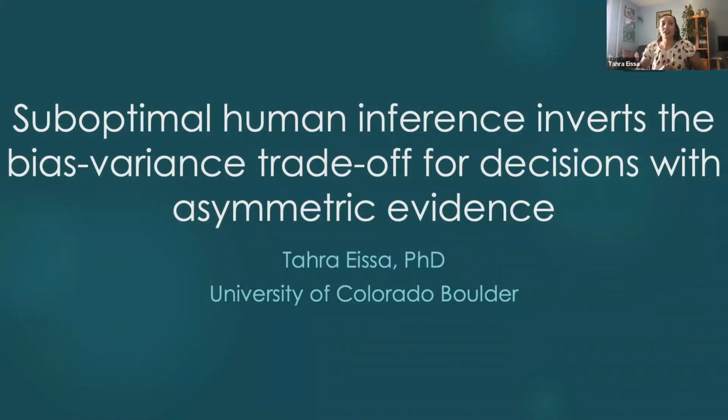Today, I'd like to talk a bit about my current research and specifically focus on the idea of human decision-making and what happens when we use suboptimal strategies and what this really means in terms of bias-variance trade-offs. So before we get there, what I'd like to do is just start by thinking a little bit about decision-making